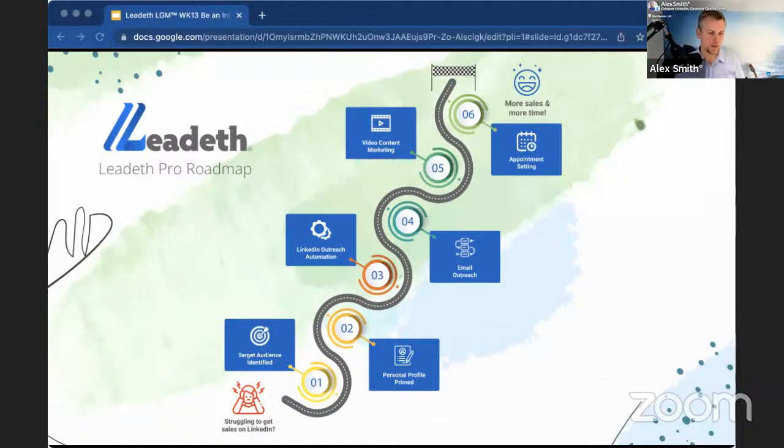That's the starting point on the roadmap, where we identify the target audience. We've got access to a database of over 350 million verified work emails, and also 750 million data enriched profiles. They're all connected to LinkedIn profiles. It's a little bit like Sales Navigator, if you're familiar with Sales Navigator. Leadeth has basically connected to a data set. So we can access personal LinkedIn email addresses or work email addresses. We can access phone numbers, mobile numbers, a lot of data points for that prospect before we've even connected with them, which is quite powerful, because then we've got an omni-channel approach going on.